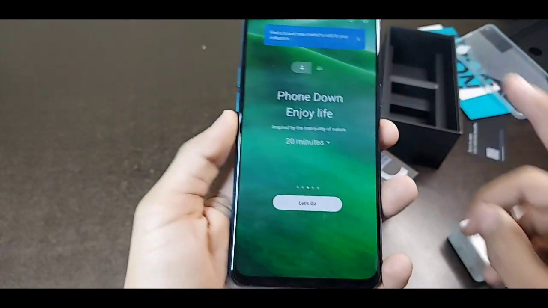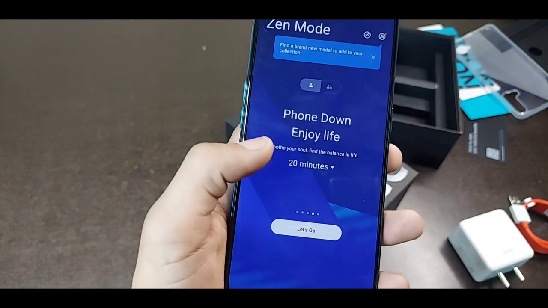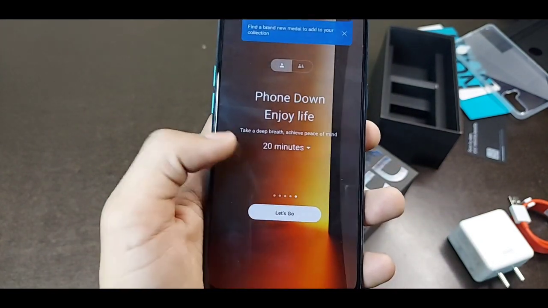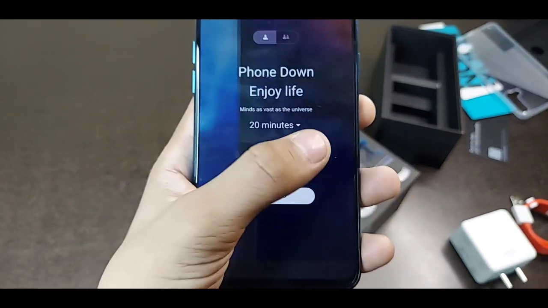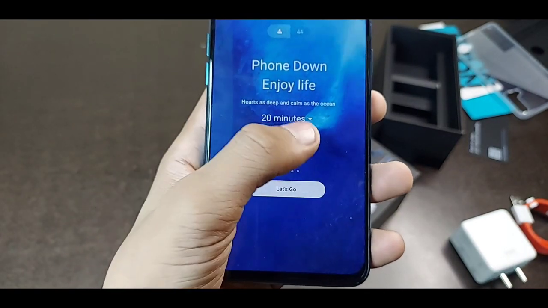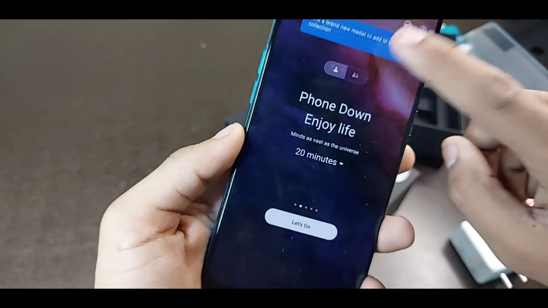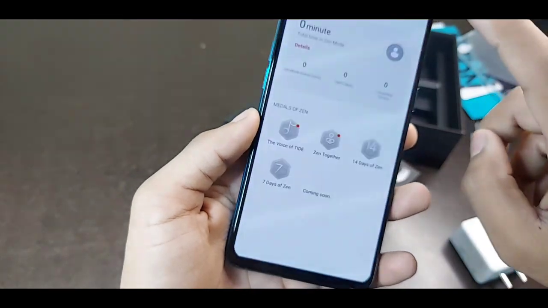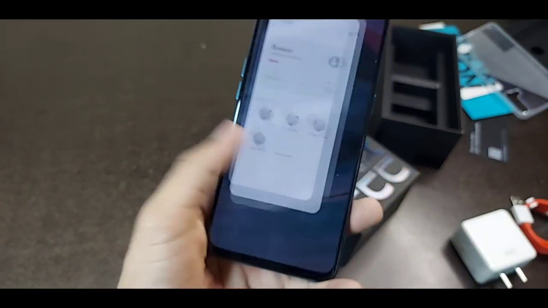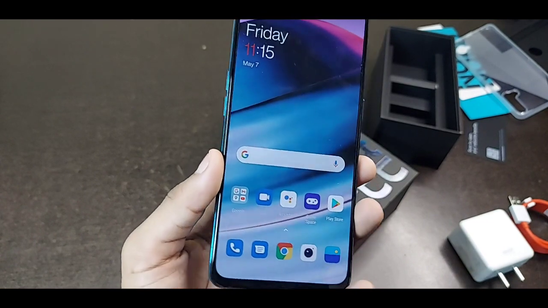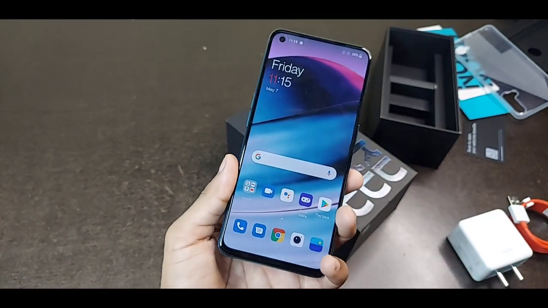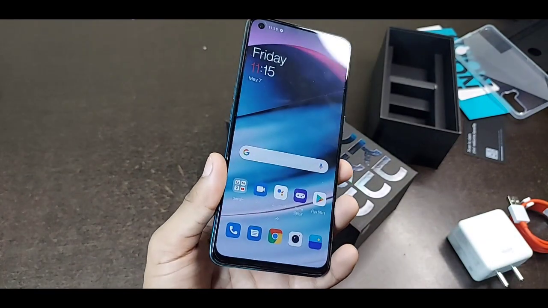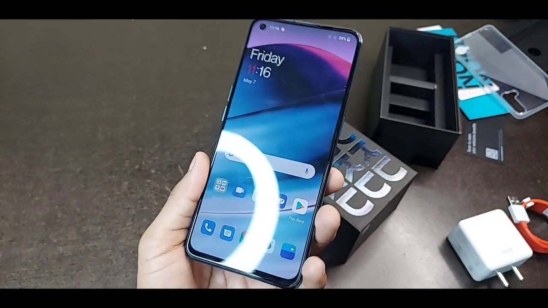Yes, it's right here. So you can easily experience some natural sounds on your device and get focused on your task. You can use this mode for your convenience.